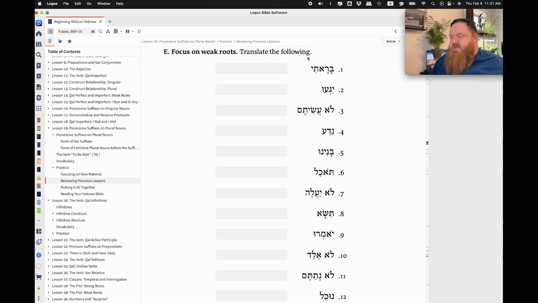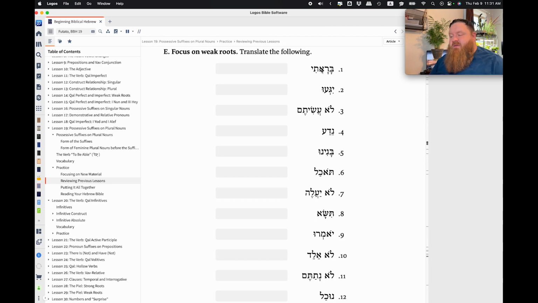All right, so looking at section E now, translating these. Again, what I'm going to do is you've got the translations. I'm just going to go through what I see here to kind of tip me to how to get back to the root here. So, barati, bara, obviously, it's kamets instead of kamets patach, because the third aleph quiesces, which